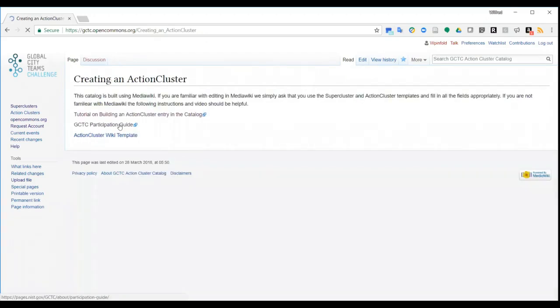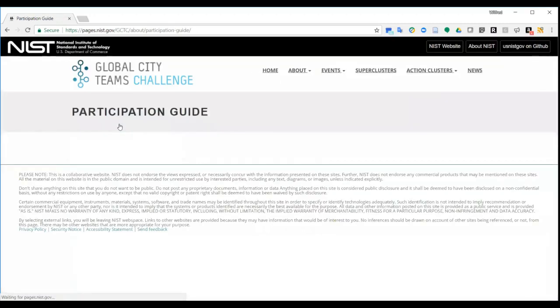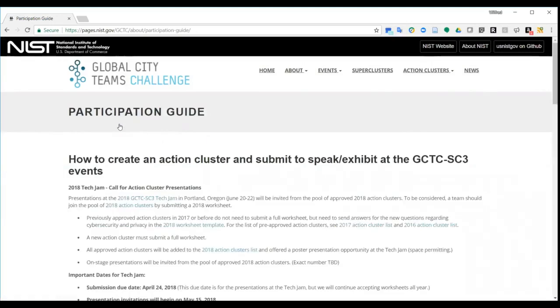So we're at this page. You'll see the first link here is the tutorial for building the action cluster, and that's what you're watching now. So go to the second link that says GCTC Participation Guide. That'll tell you how to apply for the GCTC action cluster information. And then the third link is the action cluster wiki template, which we'll come back to later. Anyhow, for now, let's click on the GCTC Participation Guide, and that'll take you to this page, which will show